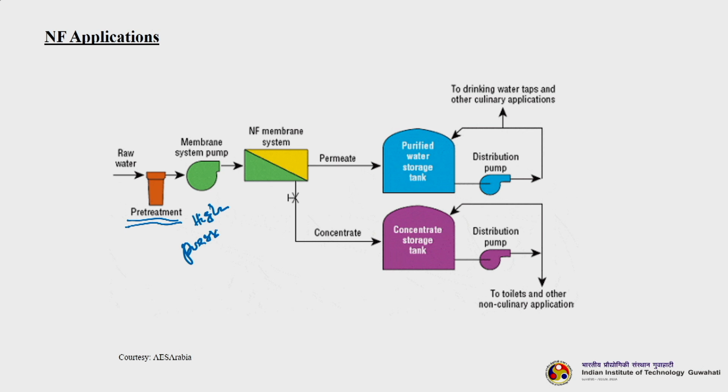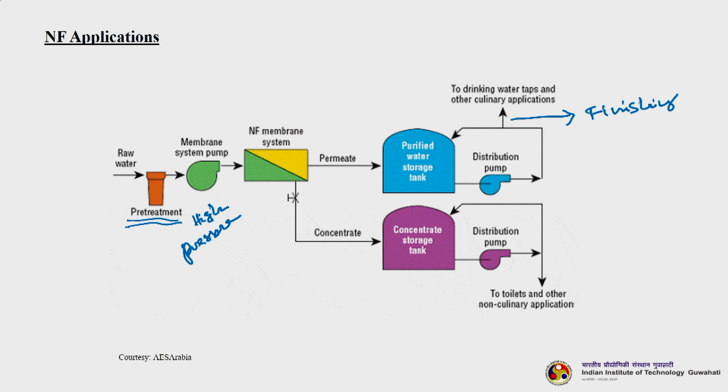So, this high pressure pump will pump the raw water or filtered water to the nanofiltration system. So, you get a permeate and a concentrate. The permeate goes to the purified water storage tank. Okay. Then it can be taken for the culinary or drinking water taps, or it may be recycled back partly to maintain the volume. Many times here also this may need another finishing step. Now, this finishing step is basically required because most of the ions are devoid when we are doing the nanofiltration.